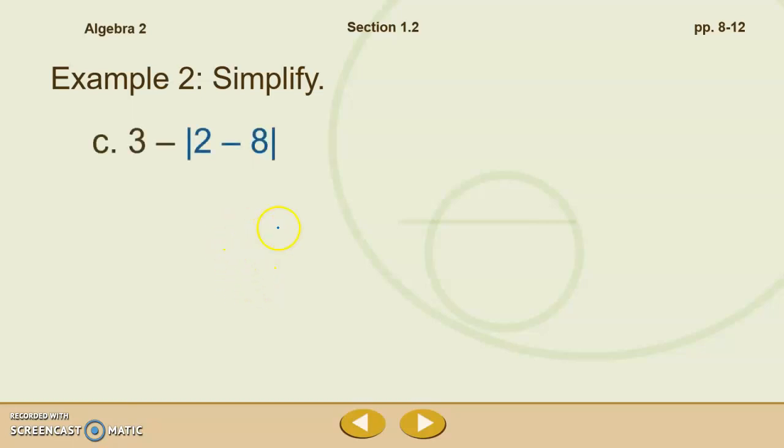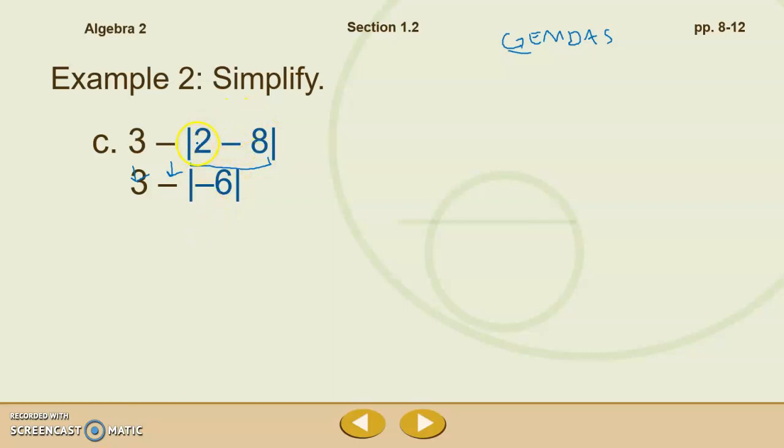All right, we have another example here. So let's look at this again. GEMDAS. We're going to start with grouping symbols, and I do have absolute value bars this time as my grouping symbol. A bracket around what I'm simplifying. My 3 and my minus come down, so I have 3 minus, and inside my grouping symbol, 2 minus 8,